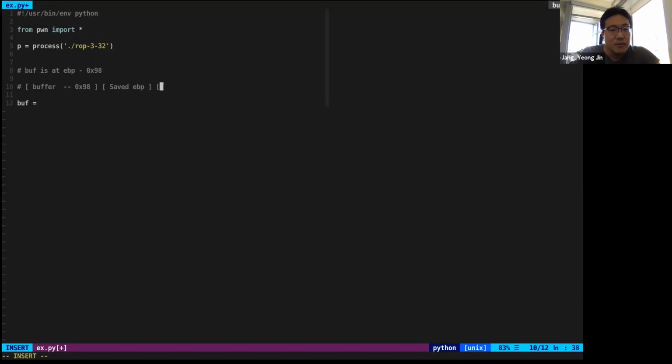And then what we will do is call mprotect, and then return to somewhere. The first argument is the target address, which is the address of the gbuff. The second argument is the size, so we will put 0x1000. And the third argument is the protection permission. If we set read, write, executable,